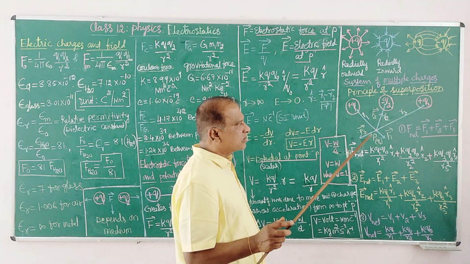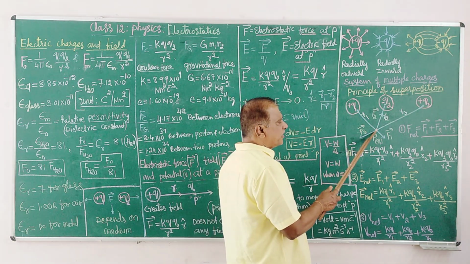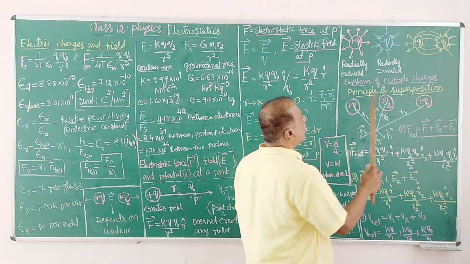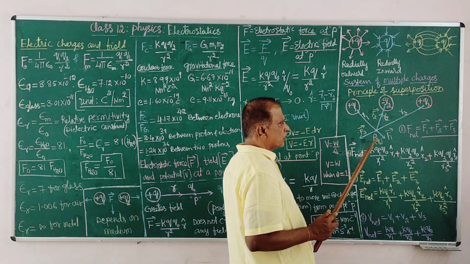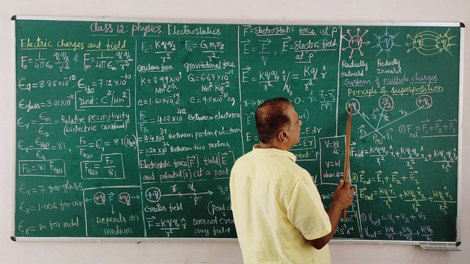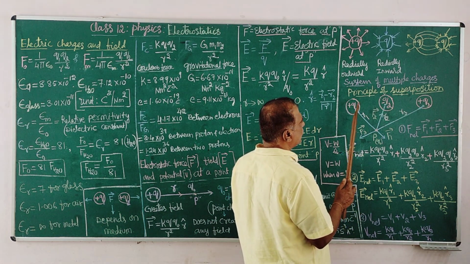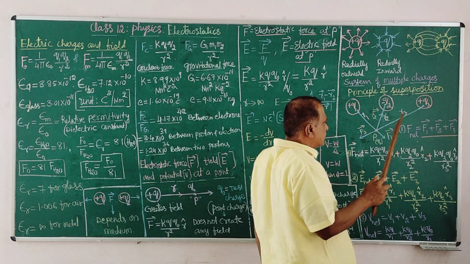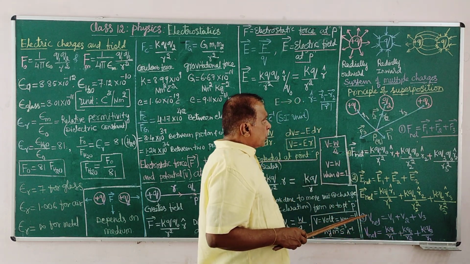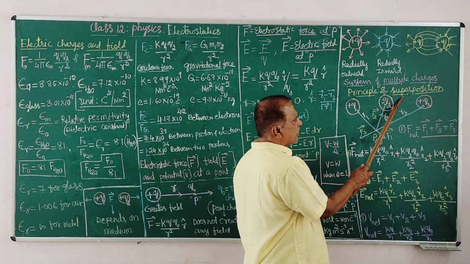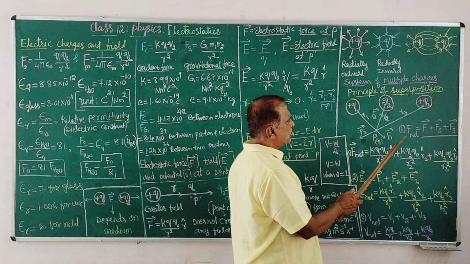The net effect on this particular point is the vector addition of all the effects, and the scalar addition of all the effects. That is the effects by individual charges: one effect, another effect, that is three effects. If there is one more charge, four effects, like this. So in accordance with the principle of superposition, if you do the vector addition for force,